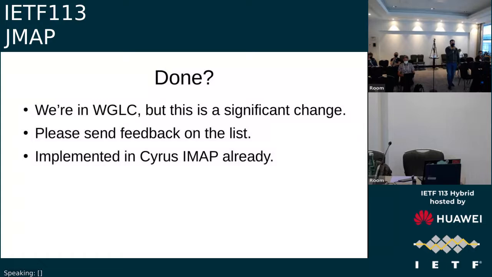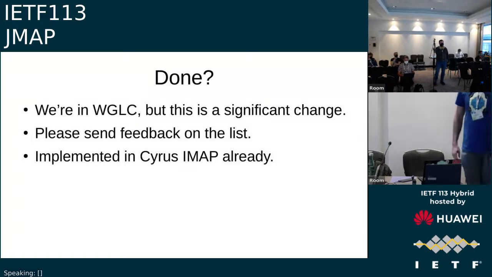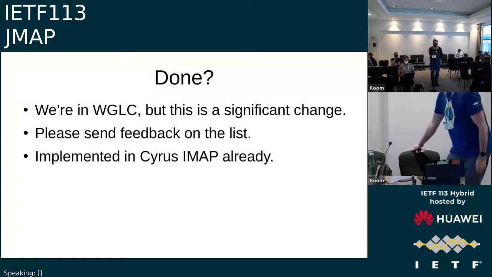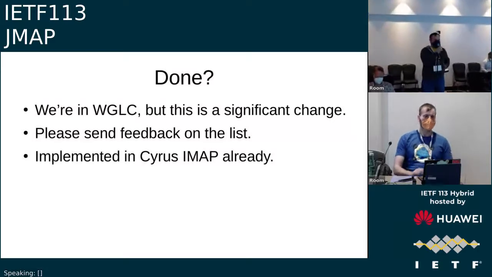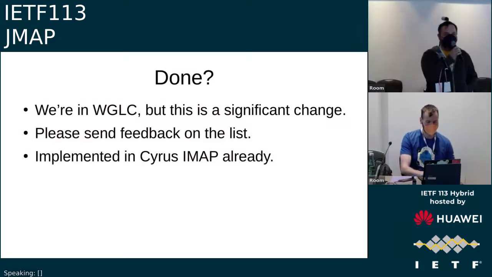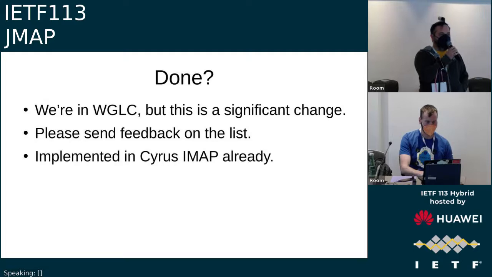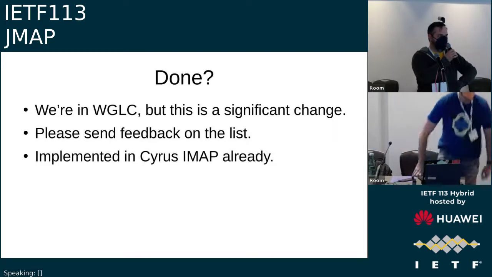I'm sorry, can I be the naughty child in the room who hasn't read the latest draft? Okay, so I think taking out catenate for simplicity is probably fine. Can you just remind me what the use case for it was? Was it like the IMAP catenate kind of case?